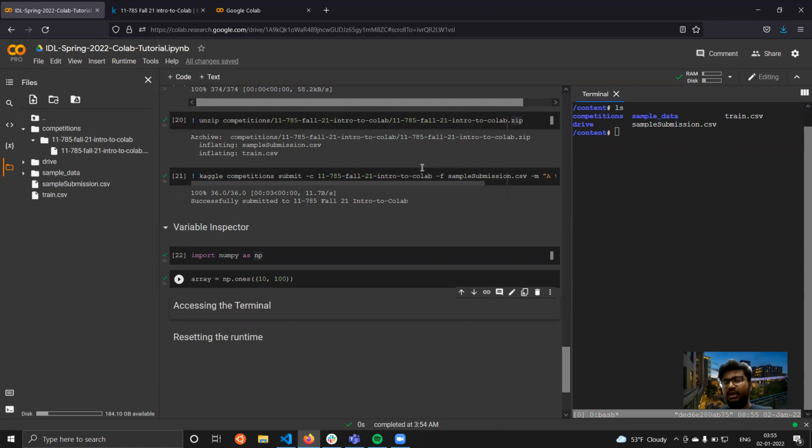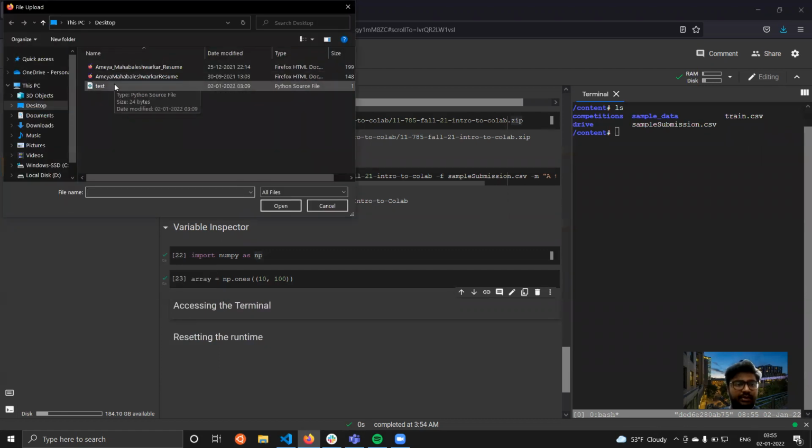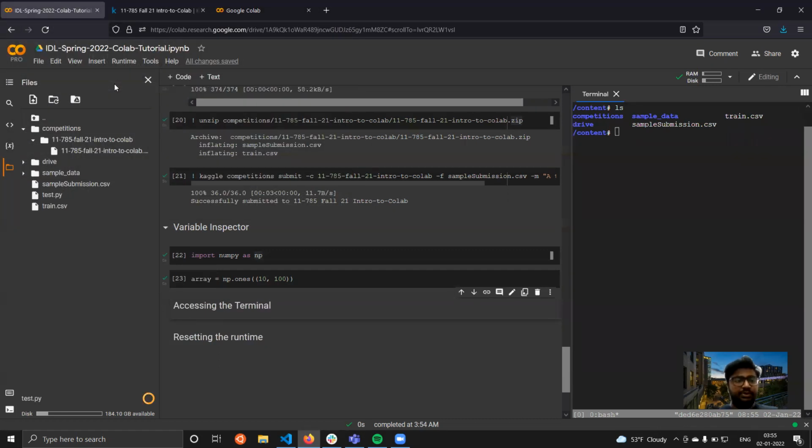One thing this can be useful for is, for example, if you want to execute a Python file here. You can upload a Python file from whatever location on your computer, and once it gets uploaded, you can access it through the terminal.